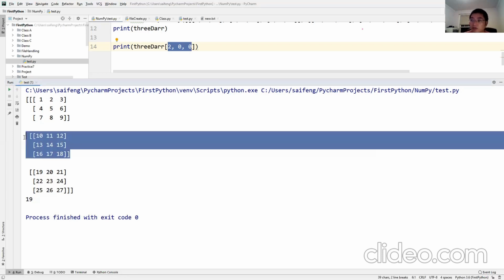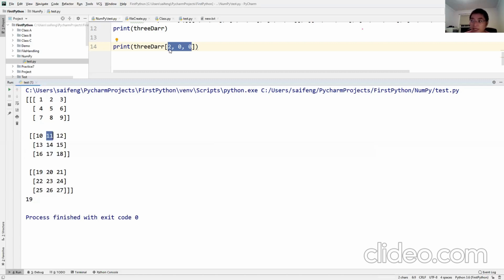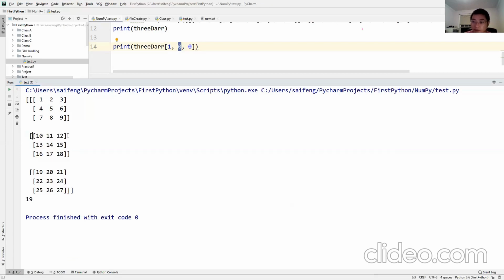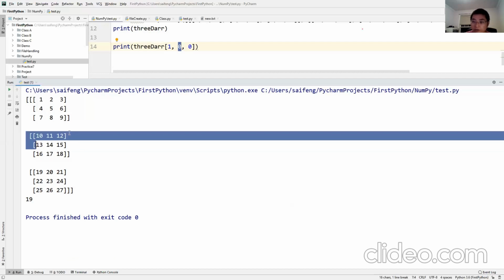It's the second 2D array, right? 11 is here, so what's the first index for the second 2D array? It's 1, right? Now come inside the 2D array and look at the row index and column index. Victor, what's the index for the first row?